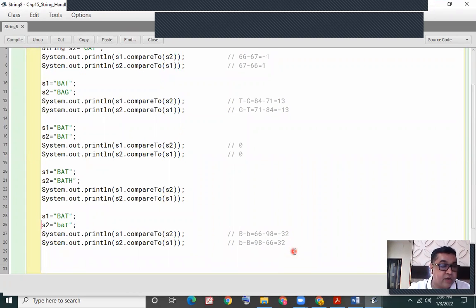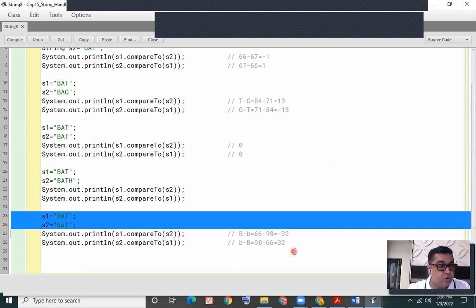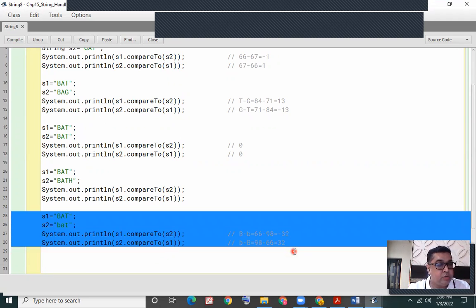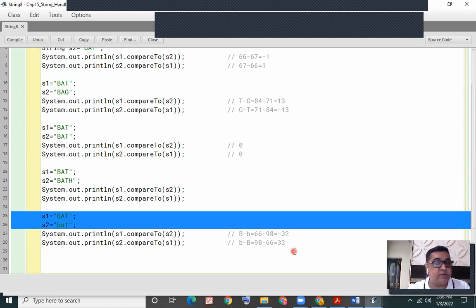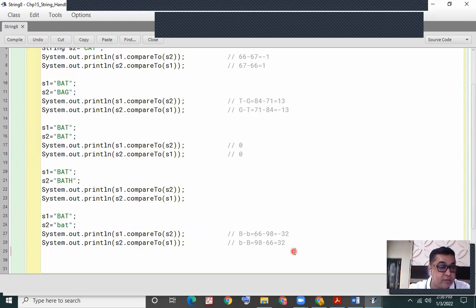Now, in this last example, if I don't want to differentiate between uppercase and lowercase letters, I repeat, if I don't want Java to differentiate between uppercase and lowercase, what I can do is use the method compareToIgnoreCase.